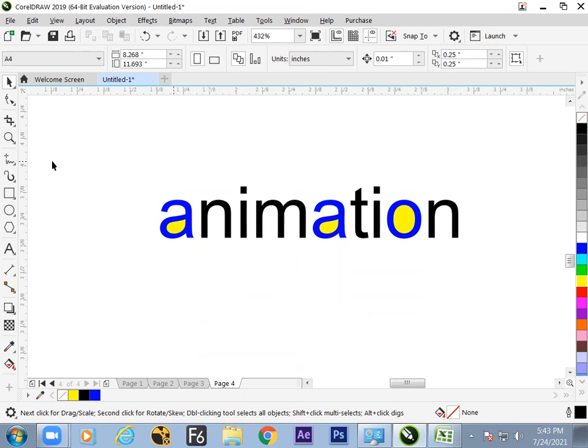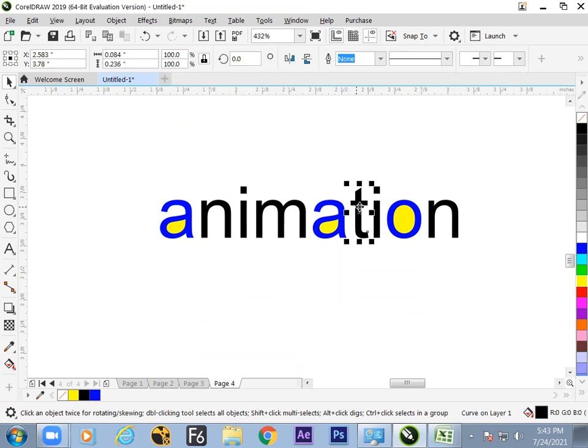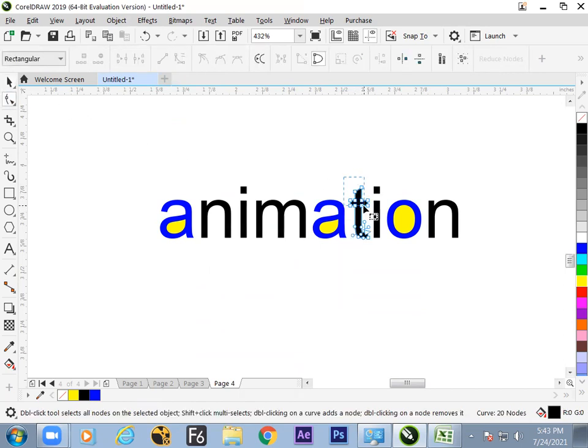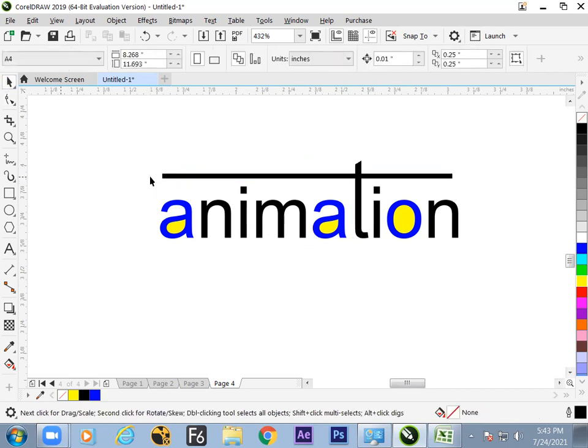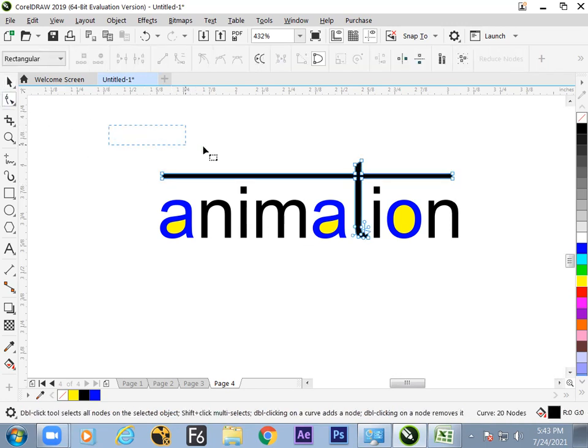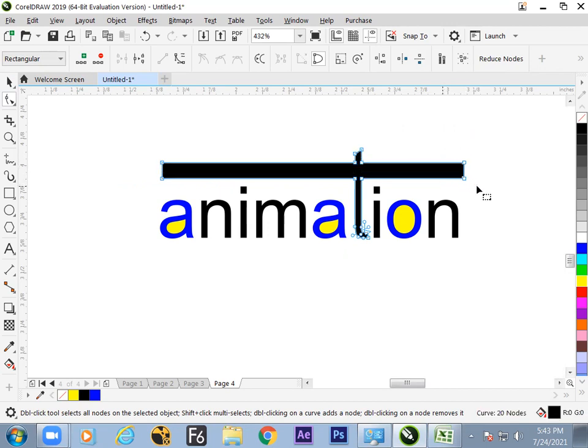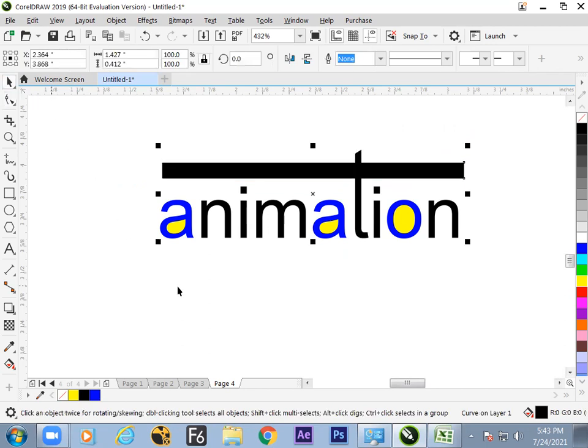Now let us go for the next. T. So T is a structure which is a combination of a lot of node points. You can raise this with the help of your direct selection tool, I mean the shape tool, and drag it like this with the help of your shift button, and also this side. So hope we have understood now how to make a logo design from normal text and get the extra part. Raise this. Raise this. Hope it is clear.